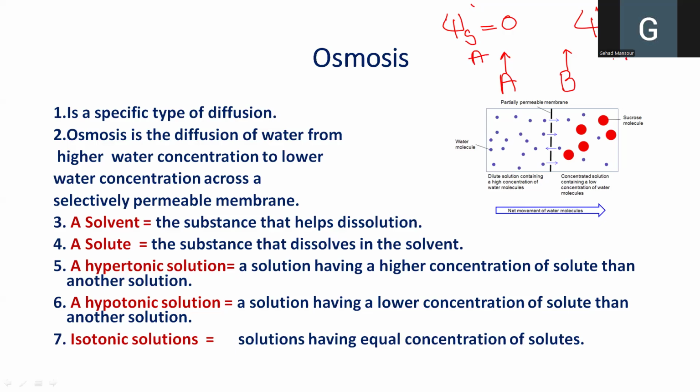So the more you increase the solid particles in solution B, the more water molecules will be crippled by the attraction forces between the polar molecules and the solid particles, and therefore the less ability of the water molecules to move, and that's why their osmotic potential is negative on B. Whereas on A, there are no solid particles at all. There is no attraction force between water molecules and solid particles that might cripple them, and therefore it is considered